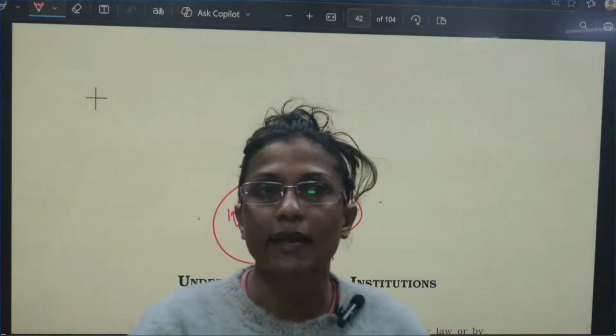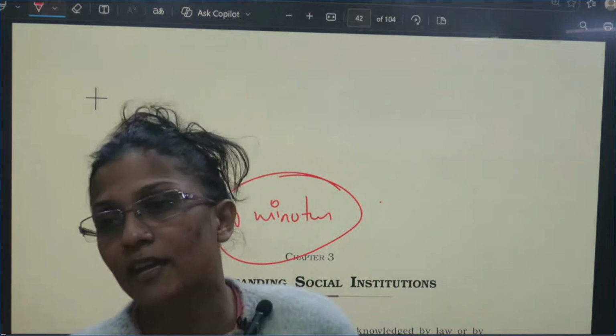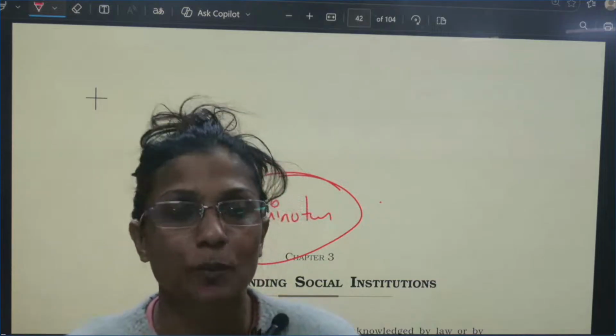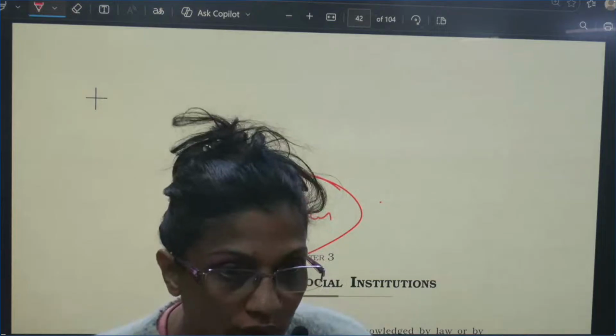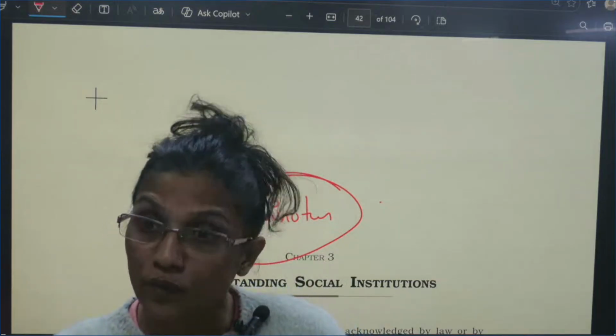Okay, it is my guarantee that you will find holistic development and improvement in you with respect to your UPSC preparation. You would see that your personality is also going to be more enhanced. You will be more confident. You would be speaking more in classes now. Okay, you will have opinion.